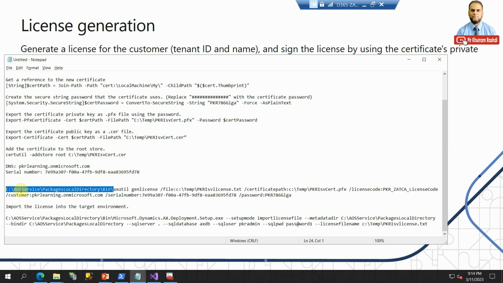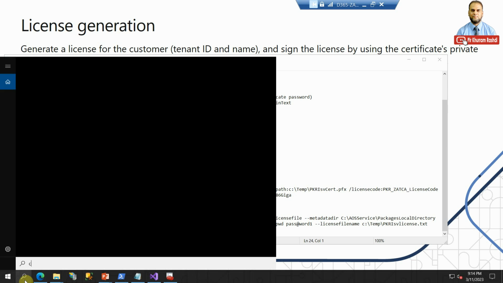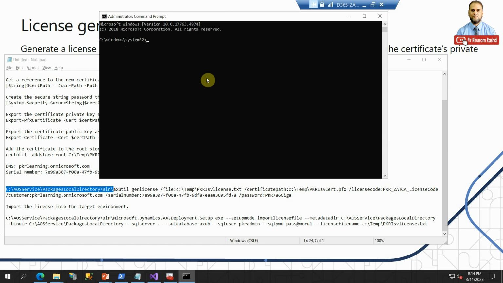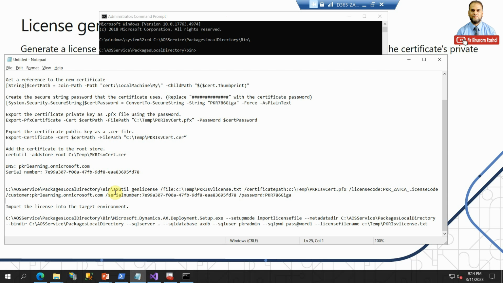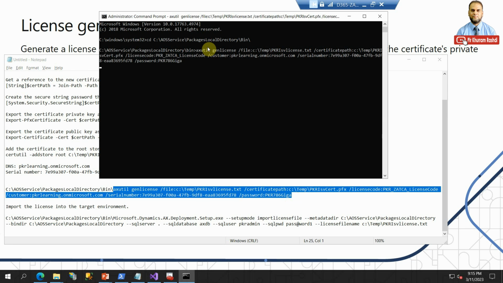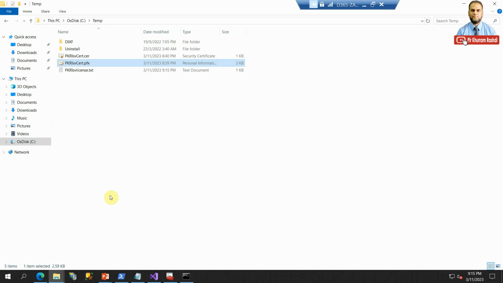So what we need to do is we will open the command prompt and run as administrator. Okay, here I prefer to go to the exact path here in the bin folder. Okay, in the bin folder you need to just start from axutil till the end. So the command will be like this. So it is already executed. Okay, or you press enter to execute it, and then you go to the temp folder, and you will see